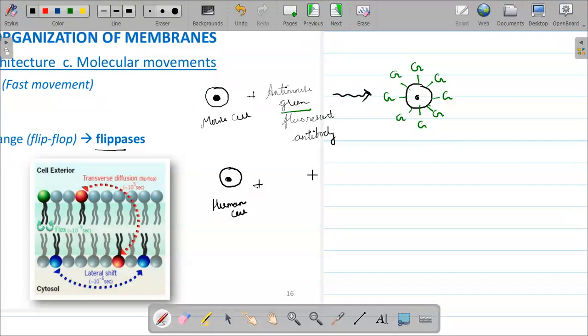To this, they added anti-human green fluorescent antibody. So, what scientists have observed is,